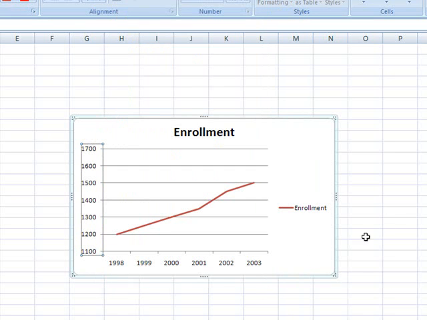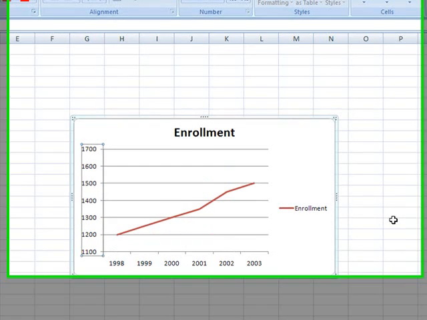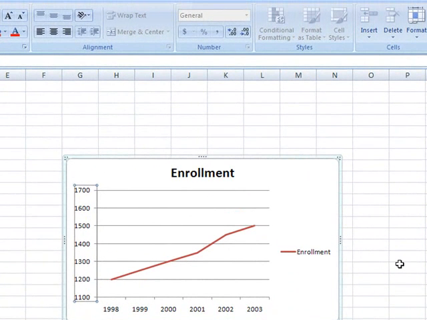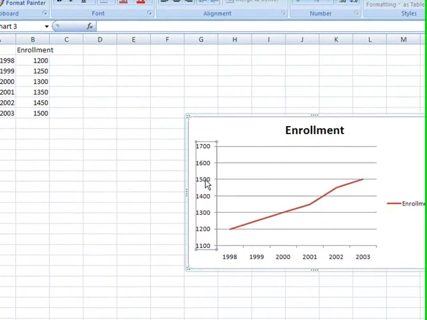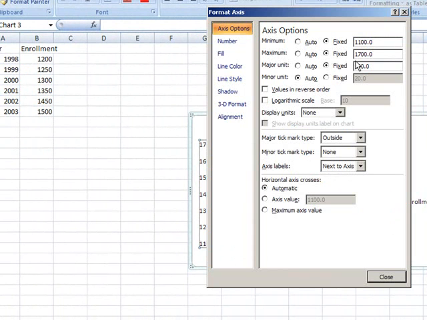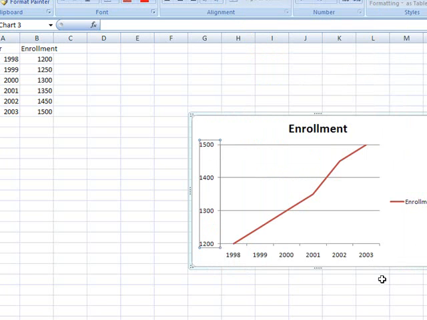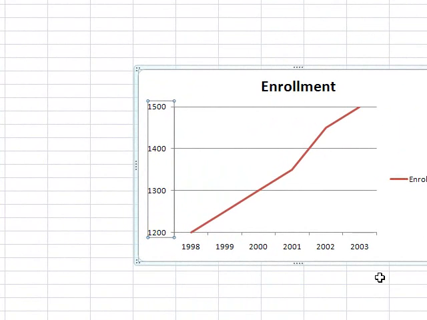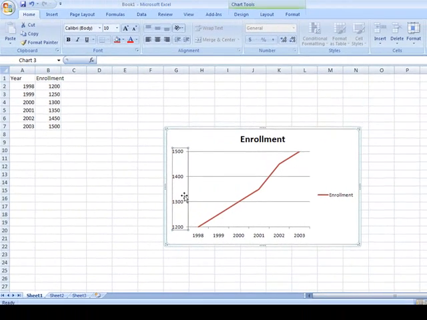Click close, and now my scale has changed. So I can see a little more clearly what's going on. I might even say, let's do it between, I could change the values of the axis from 1200 to 1500. And this will look a little bit different too. Wow, that's pretty dramatic. Alright, so depending on what you do with the axis,